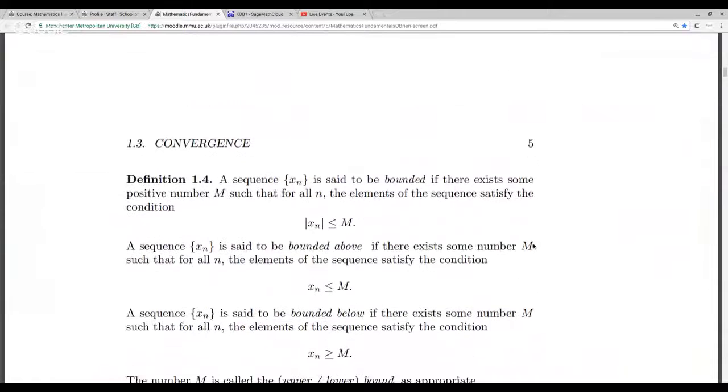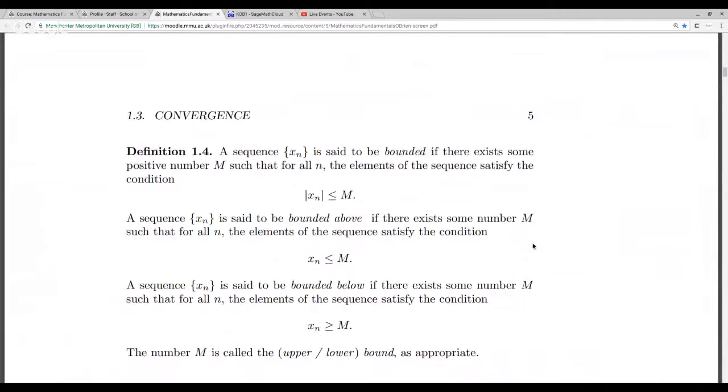There's just one final definition at the top of page 5 there. This is really introducing terminology, and that's the concept of a bounded sequence. A bounded sequence is one which is confined to some finite interval on the number line. So it never varies outside of certain limits. Formally we can express that as saying that the sequence is bounded if there exists some positive number, capital M, such that the absolute value of the term of the sequence x_n is never greater than this bound,